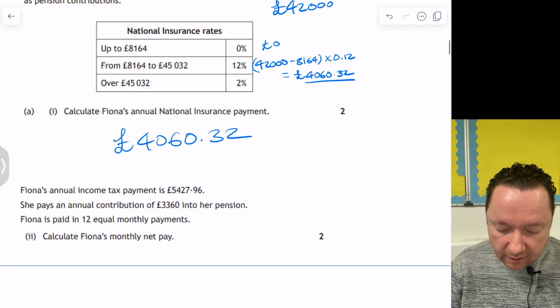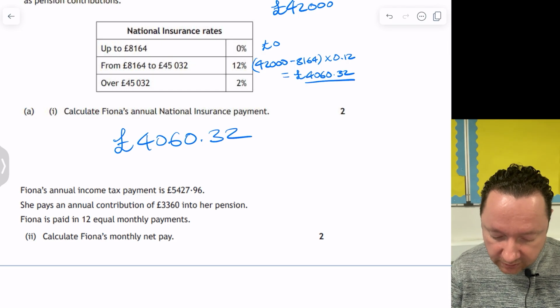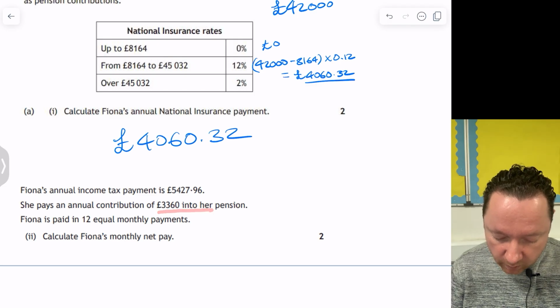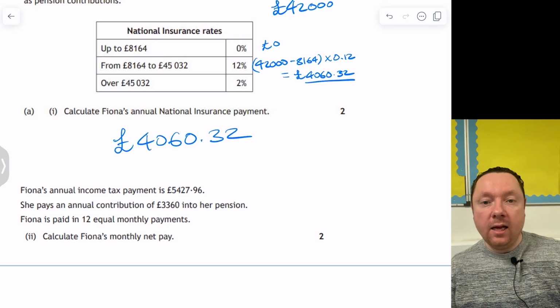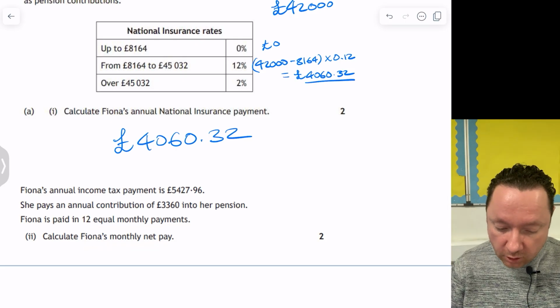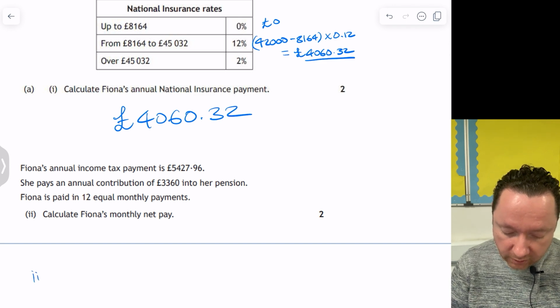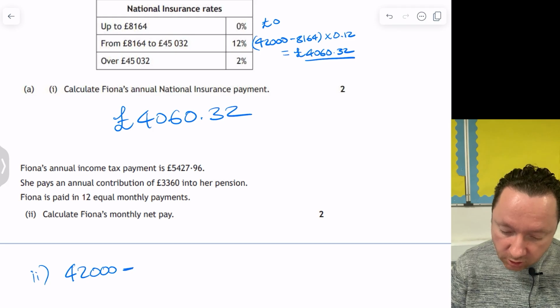Okay, Fiona's annual income tax payment is 5427.96, and she pays 3360 to her pension, and she's paid in 12 equal monthly payments. What is her monthly net pay? Net is after you take everything off the gross pay. So our gross pay is 42,000. So to work out her net pay, all you need to do is 42,000, her actual pay, minus her National Insurance,